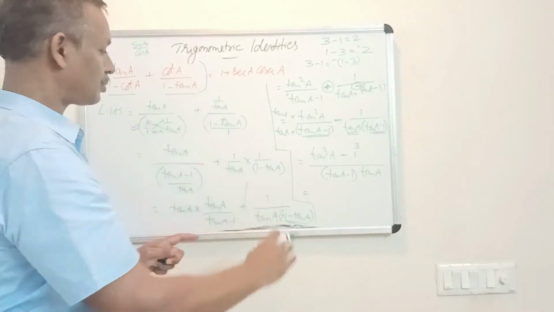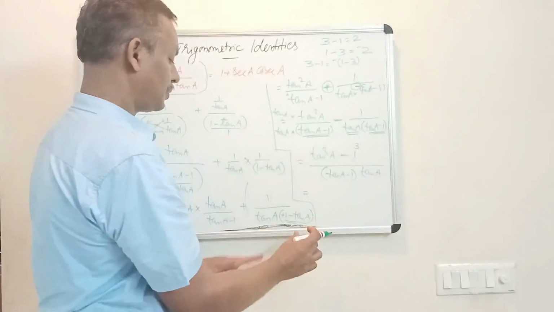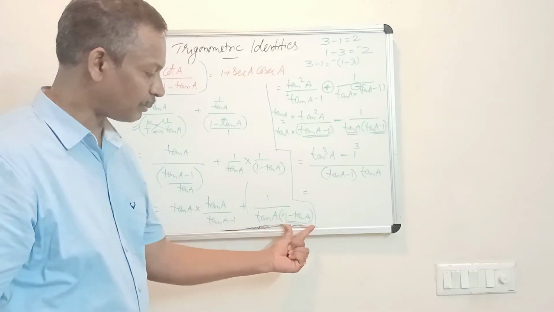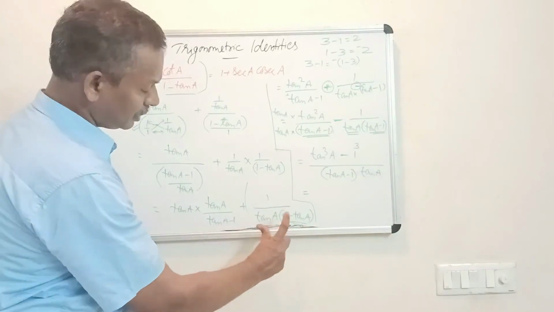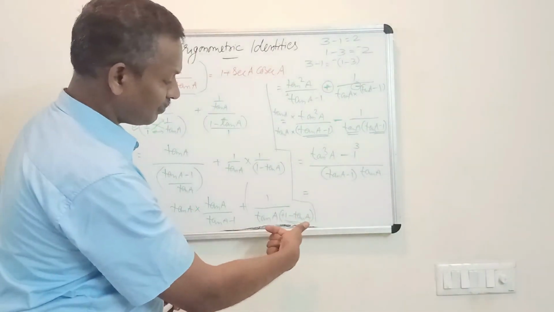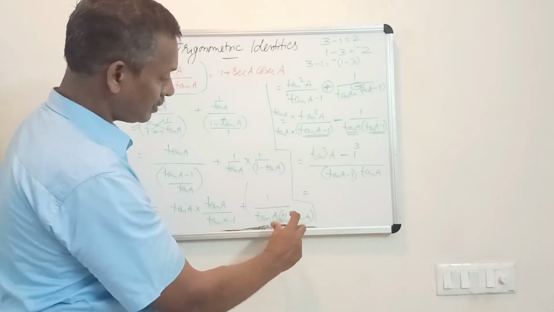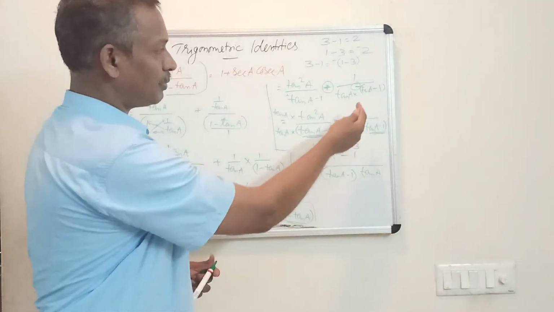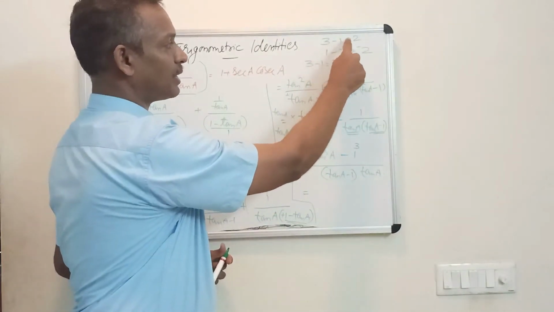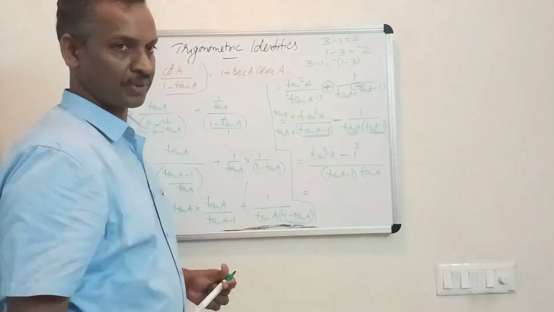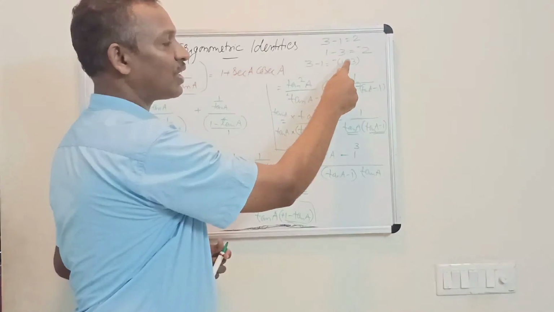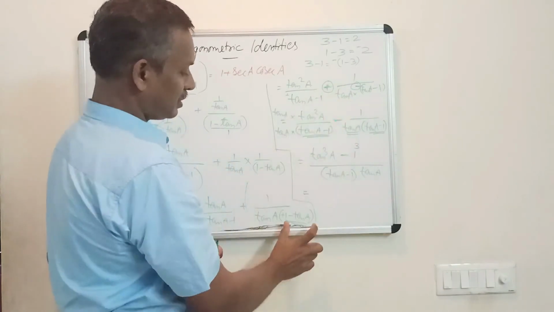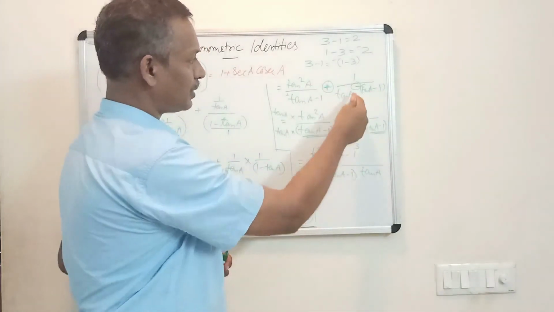The important part of this question is this portion of taking minus. Here you can see tan A minus 1. Here you can see 1 minus tan A. So this tan A minus 1 should be here also. So flip it. When we change it, if it is positive, you can write it in any order. But in negative, when you flip, there should be an extra minus. Through this also you can see 3 minus 1 is 2, 1 minus 3 is minus 2. So you can write 3 minus 1 is the same as 1 minus 3, but with an extra minus. So reverse this 1 minus tan A as tan A minus 1 and put a minus outside.